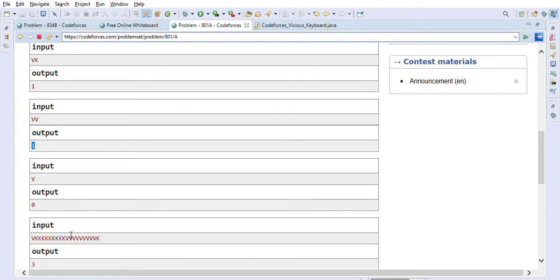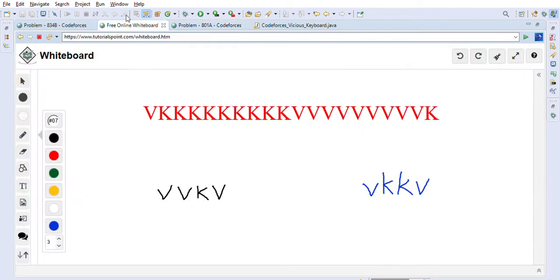Let's take one bigger example on the whiteboard. First we will understand a little bit about this problem, and then we will go into the details of this specific test case. For example, if we are given a string, let's say VVV, all three are V's.